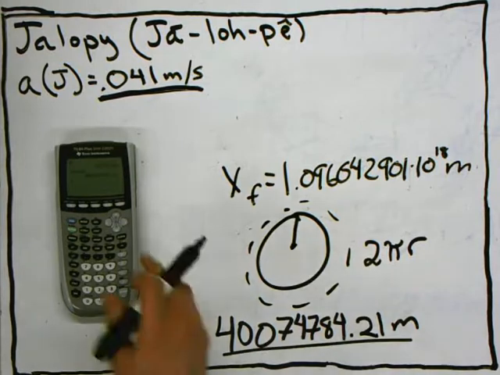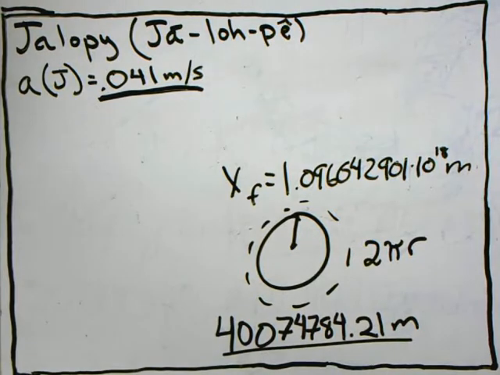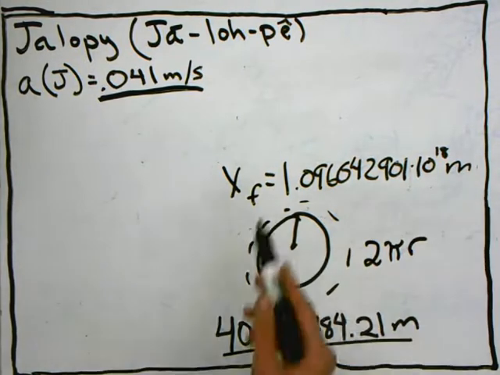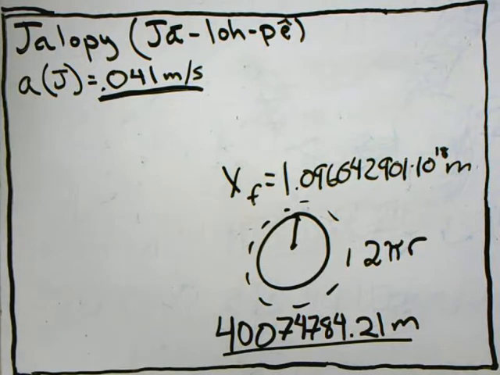Now, what we're going to do to find how many times it would have to lap the Earth is we're going to divide this number, the distance to travel, over the distance of the circumference of the Earth. So, from that, we find out that the jalopy would have to lap the Earth